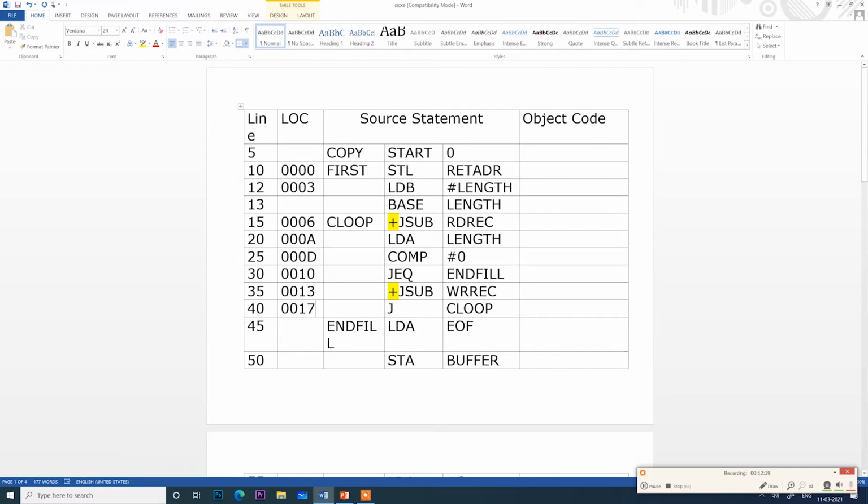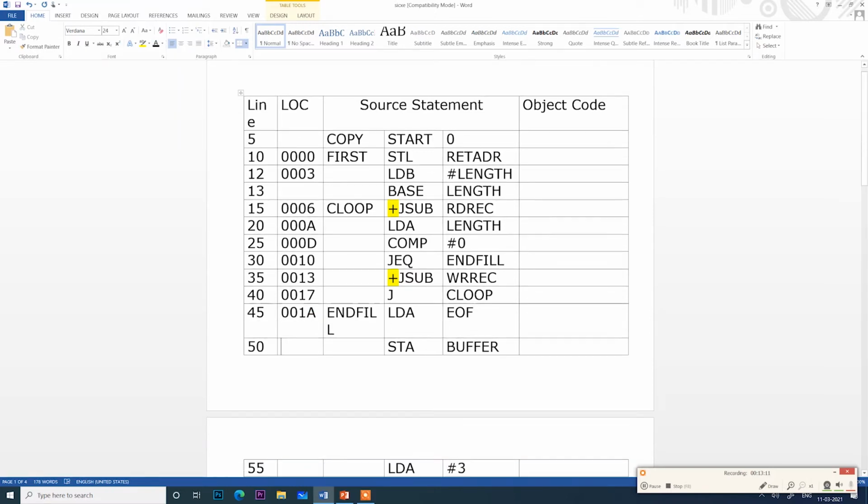Then the next is a 3-byte instruction because, as you know, it's only an opcode, there is no register associated with it, and there is no plus symbol. So 17, 18 and 19. So the next instruction will be 001A.